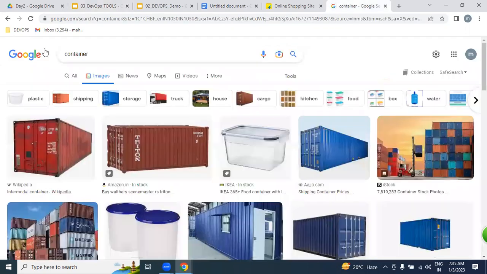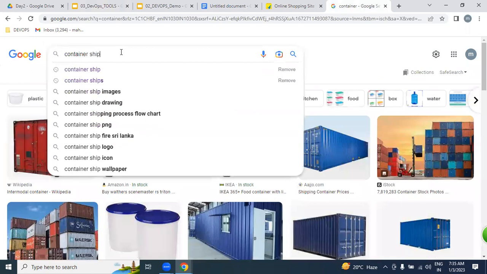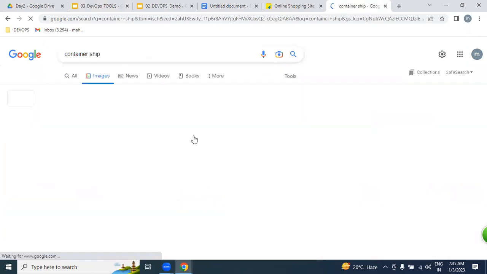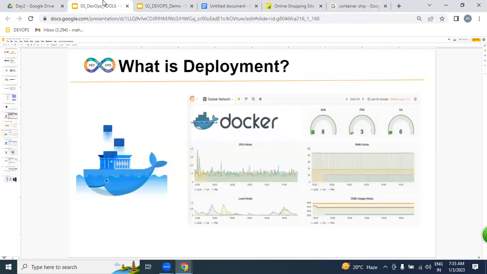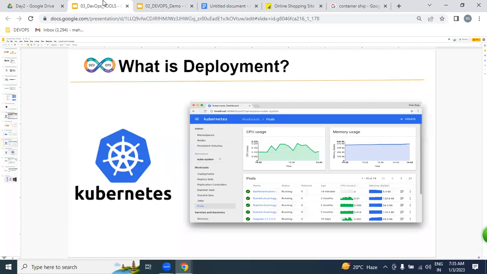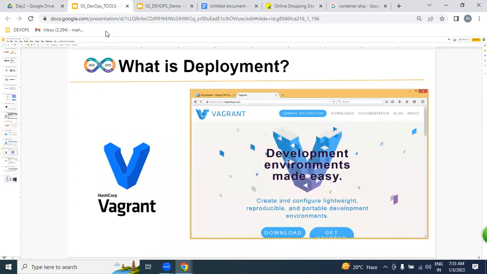But how exactly are these containers managed by the ship? The same way, all Docker containers are going to be managed or controlled by Kubernetes. And we're going to be learning Vagrant. Vagrant is a virtual provisioning tool.